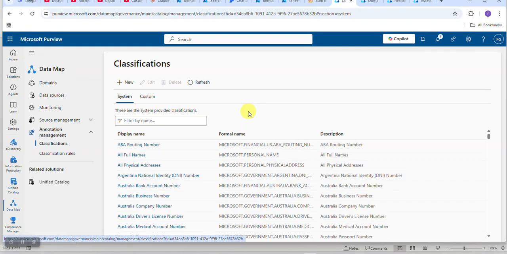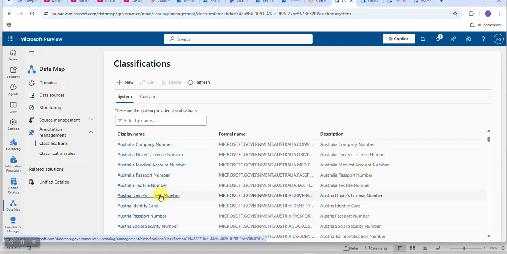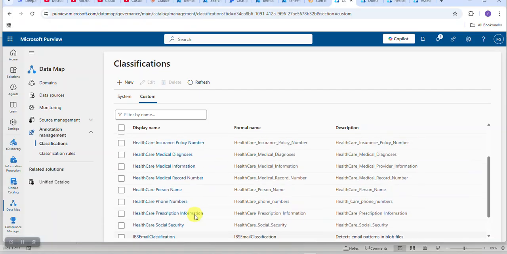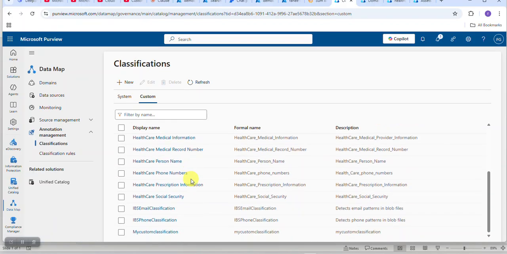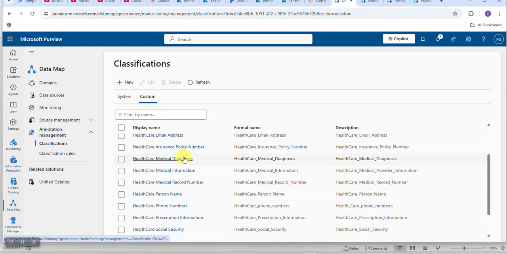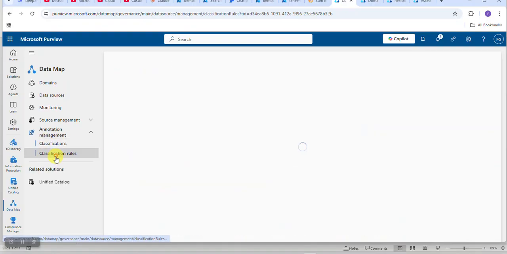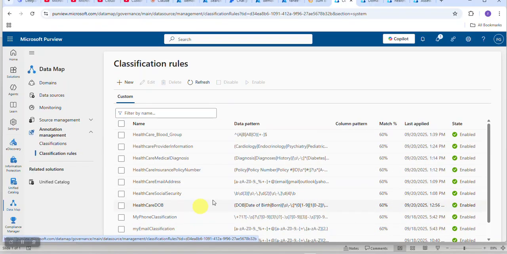Here I have declared these classification rules. We have a lot of classifications here, from Australian passport number, medical account number. I have created custom ones. These are my custom classifiers. Contains medical record number, medical information, all that kind of stuff which is present in that container. I have certain classification rules,